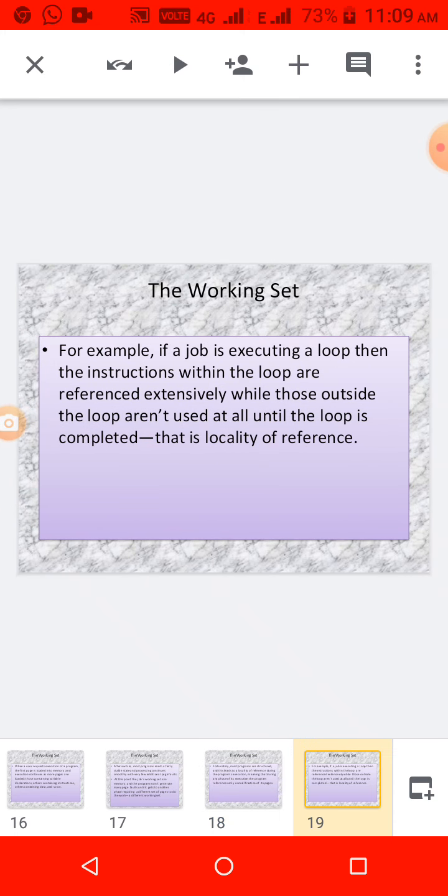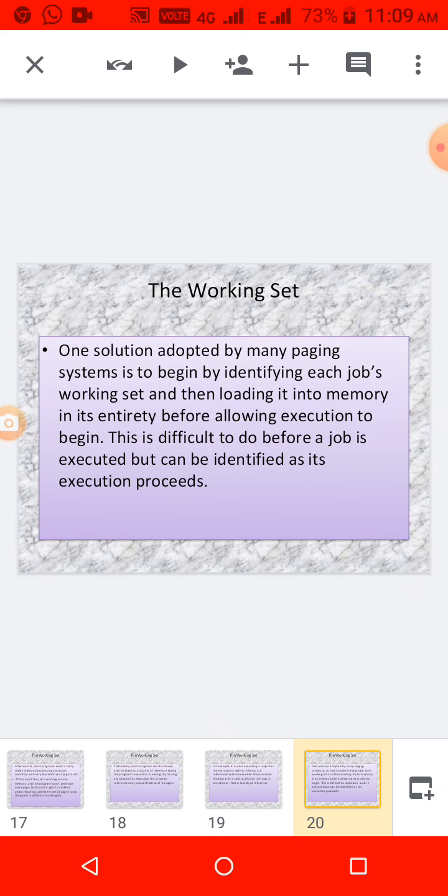During that time, only that particular set of instructions is executed, and only after some time are other pages needed. If a job is executing a loop, then those instructions are referenced extensively, and the instructions outside the loop have to wait till the loop is completed. So those loop statements are called locality of reference in that working set.